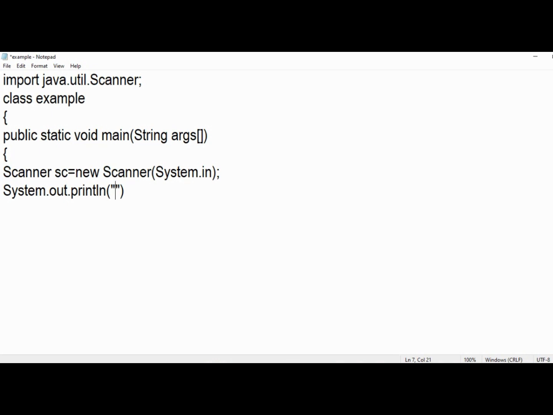So if I write inside the double quotes name is equal to XYZ, it will print the same, semicolon. Similarly, again System.out.println. Now I am writing here class, let's say 8B.